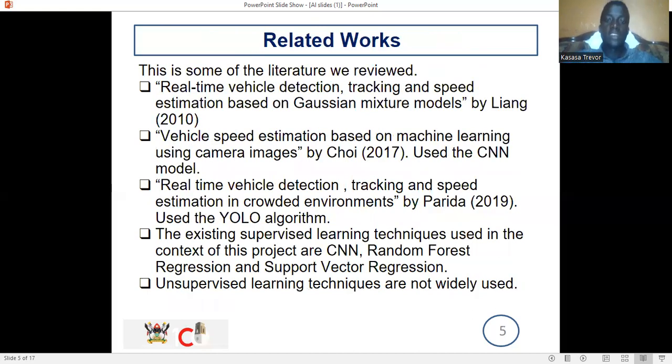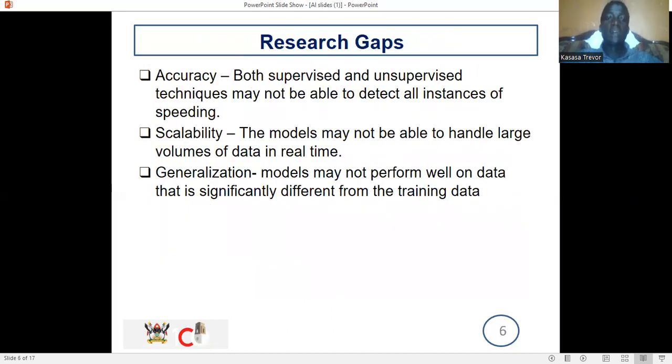Now, these are some of the things that relate to our project: real-time vehicle detection, tracking and speed estimation based on Gaussian mixture models. And we also have vehicle speed estimation based on machine learning using camera images, and real-time vehicle detection, tracking, and speed estimation in cloud environments. Then our research gaps. As we do this project, we know that we have many